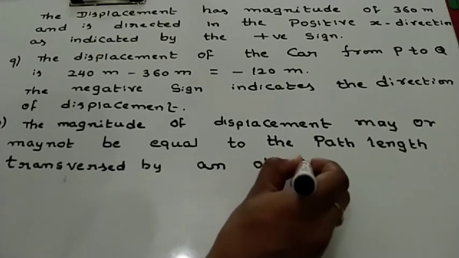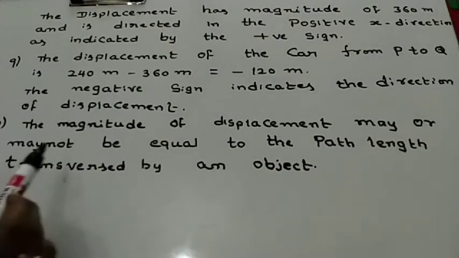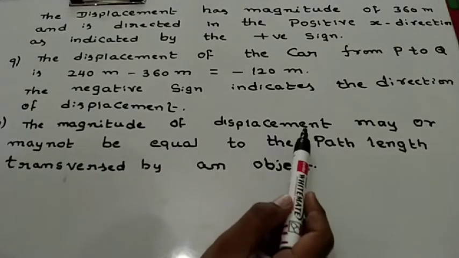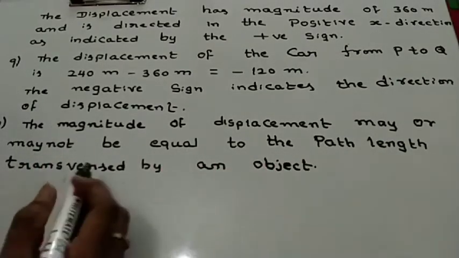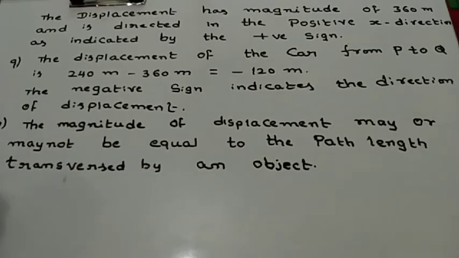Once again I am repeating the point, my students. The magnitude of displacement may or may not be equal to the path length travelled by an object. Point number 11. The motion of the car